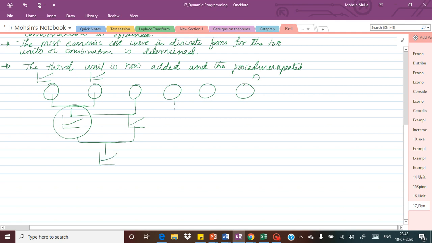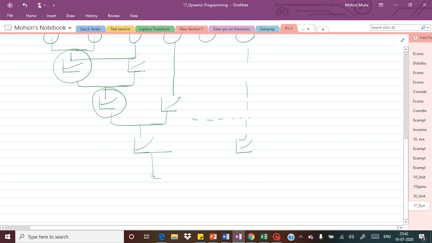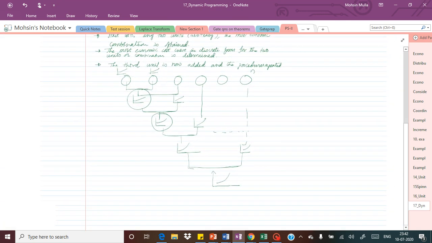Now this unit is considered here, because this also has a different characteristic. So now this is going to act as one unit. In this one combination, three units are there, and now this unit and this unit together are operated and we get another cost characteristic. Likewise all the units are kept on being used. When we have such n units, whatever characteristic we obtain for this n-unit operation gives us one final economic combination for the n units.